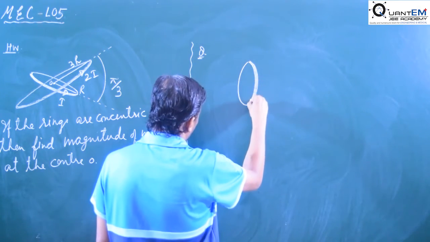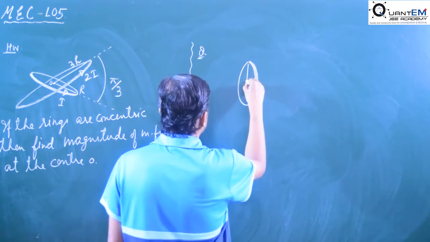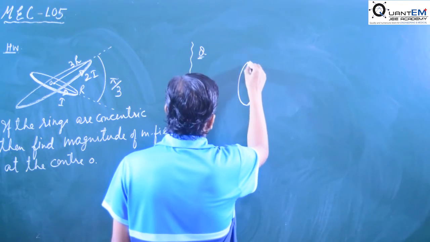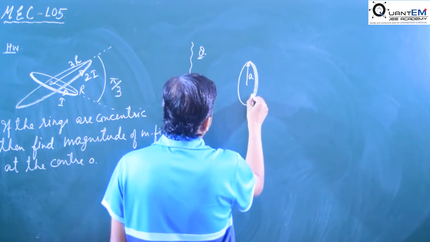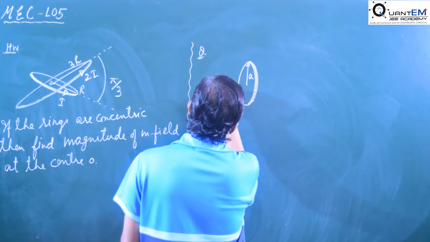Thick line is for outside the plane of paper. Okay, this radius is A, and current is I here. Okay,